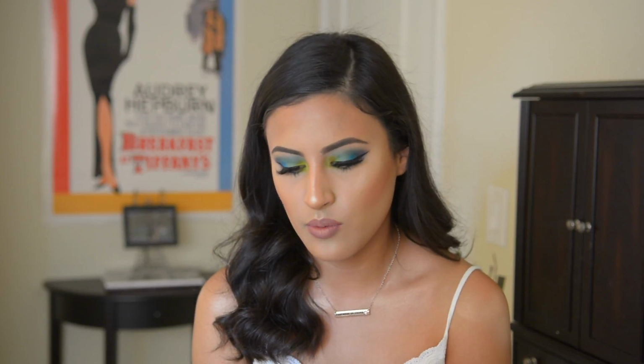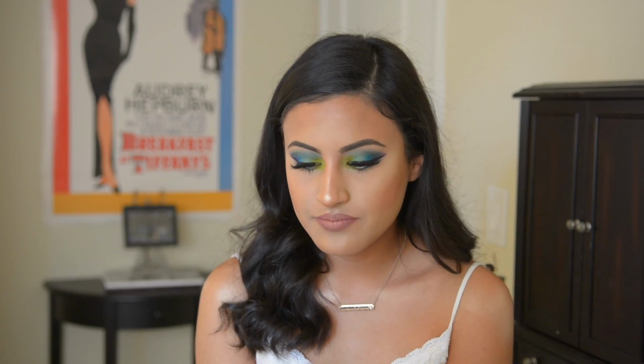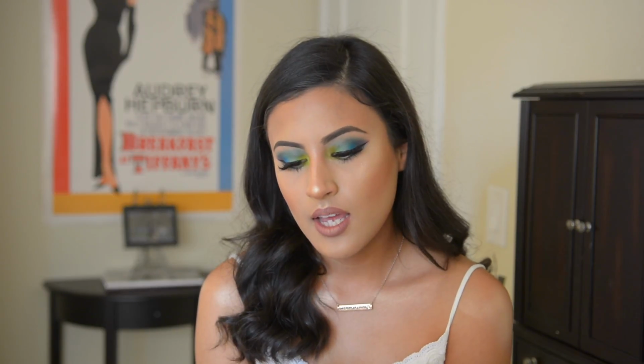So the foundation that I actually use to blend that with is the Revlon Photoready Airbrush Effect. And let me tell you, girl, it's doing its job. It's super bomb. I can't express how bomb this is. The only complaint I have is that it's not full coverage, but it is buildable. So that's a plus. But by the end of the day, I noticed that it has little shimmers in